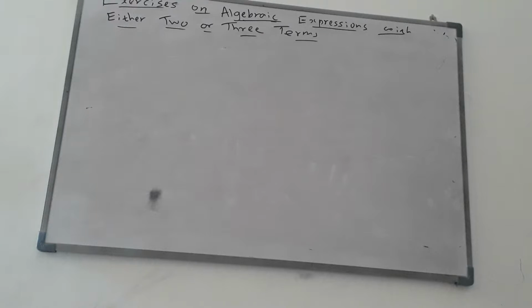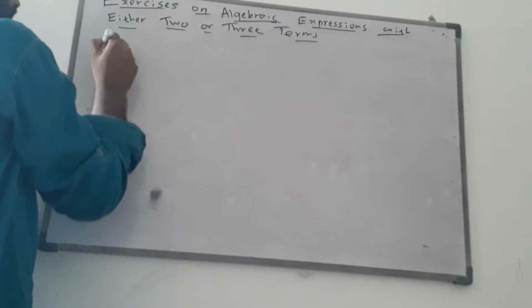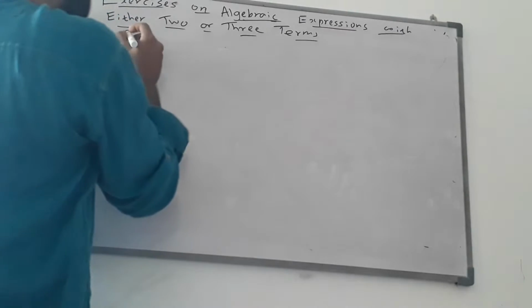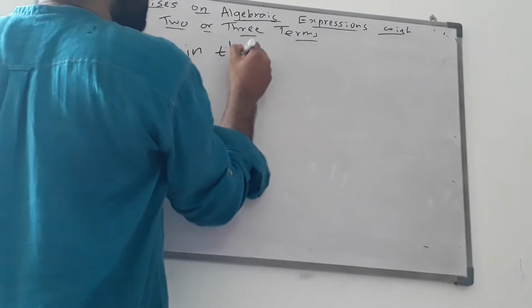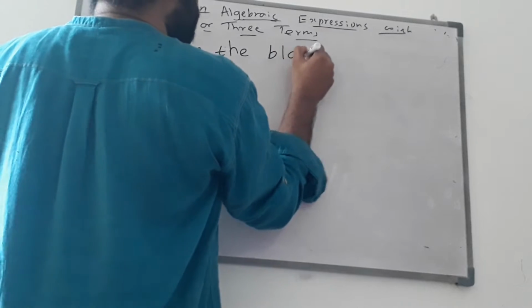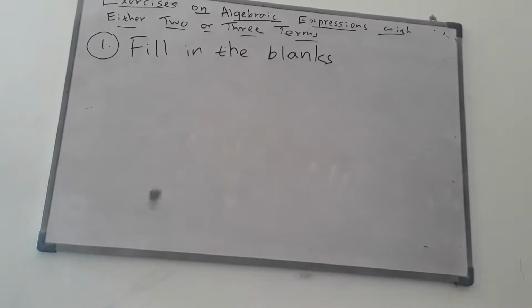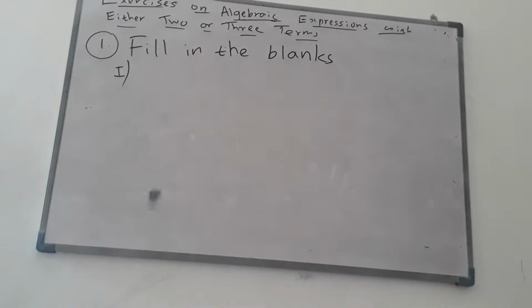Our first sum here is, before the first sum, actually there are a couple of sums under the main question. Question is fill in the blanks. Okay, first we have to get used to this kind of exercise. So first we will try some easier questions. Later we will do some advanced ones of factorizing straight away. For an example,